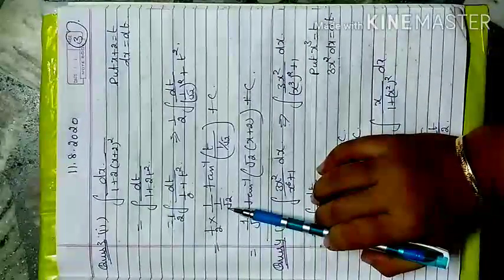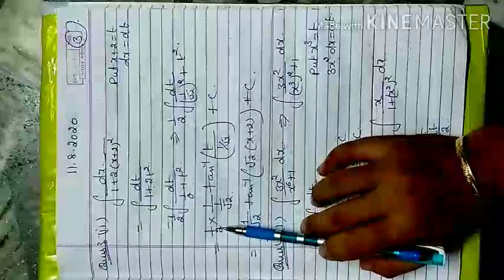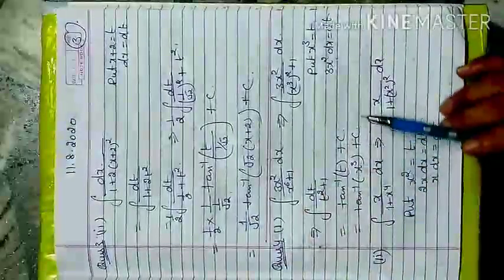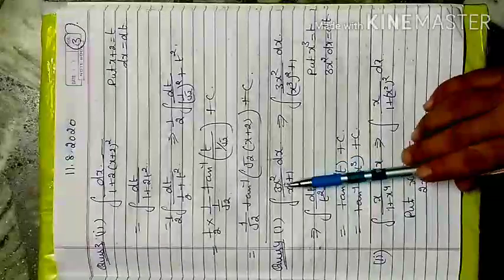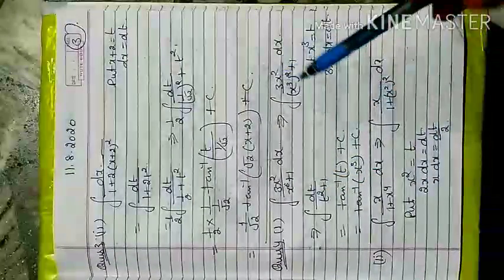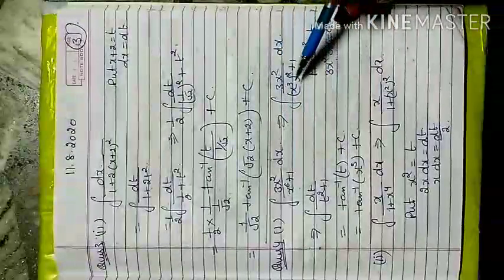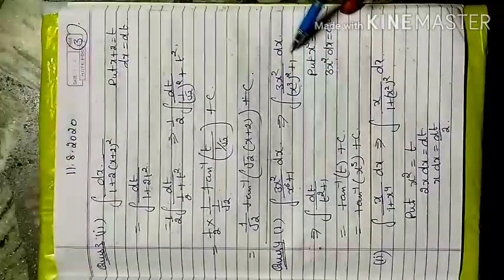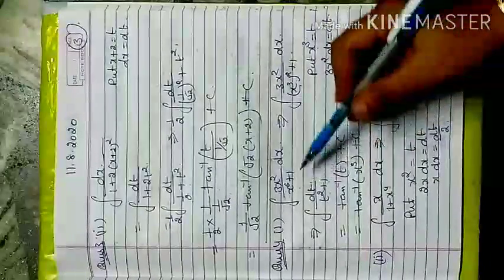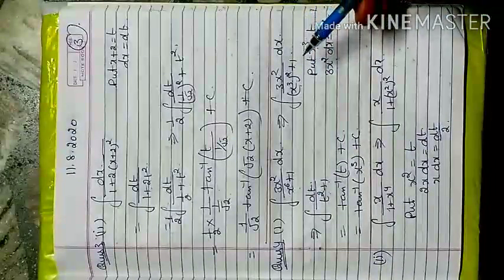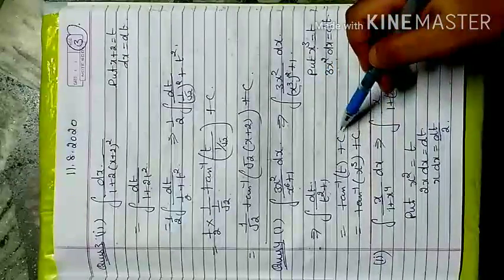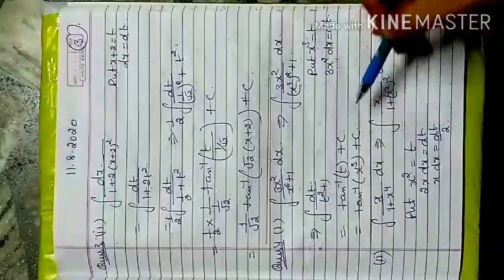When this root 2, if you rationalize the term, so only this root 2 and root 2, one root 2 is cancelled, only root 2 is left. Now if the term is like that, 3x square upon x to power 6 plus 1, then for 3x square, first you convert x^6 into x cube whole square plus 1. Now you consider x cube as t, so that becomes t square plus 1, and the above term 3x square dx changes to dt. So that becomes tan inverse t plus c, then t replaces back to x cube.